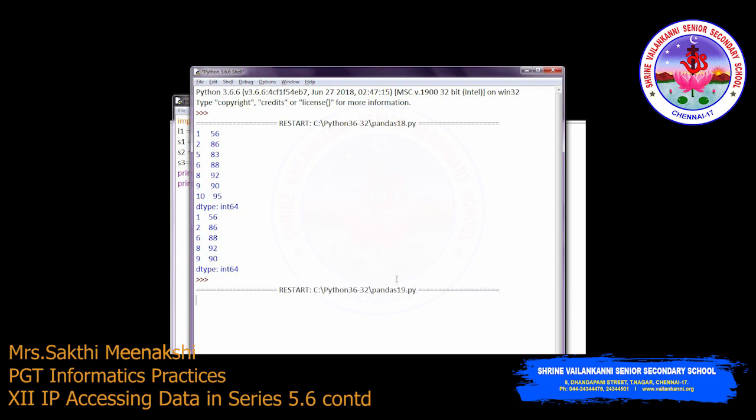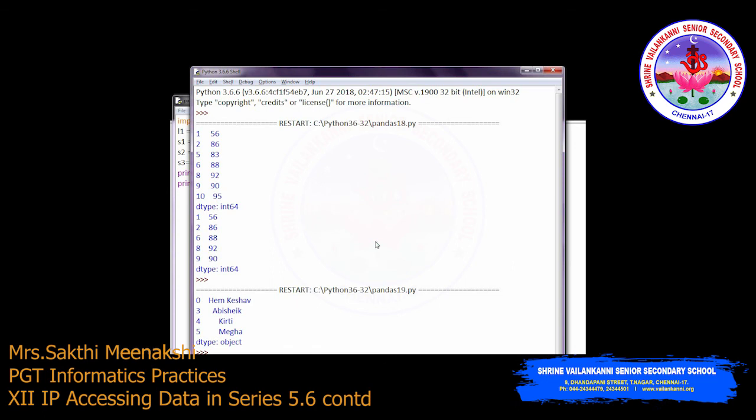So this is my program. We have the list with string values. Here you can see I am giving S1 of S1 less than or equals to mega. So the names which are less than or equal to mega will be printed. Hemkeshav is less than M, right? By alphabetical order, Monish is not less than mega, so this value will not be printed. Prajuman will not be printed. Abhishek and Kirti are printed. Mega will be printed because we are using less than or equals to mega. And Sonia will not be printed. You can see it here: Hemkeshav, Abhishek, Kirti and then mega. So only these 4 values.